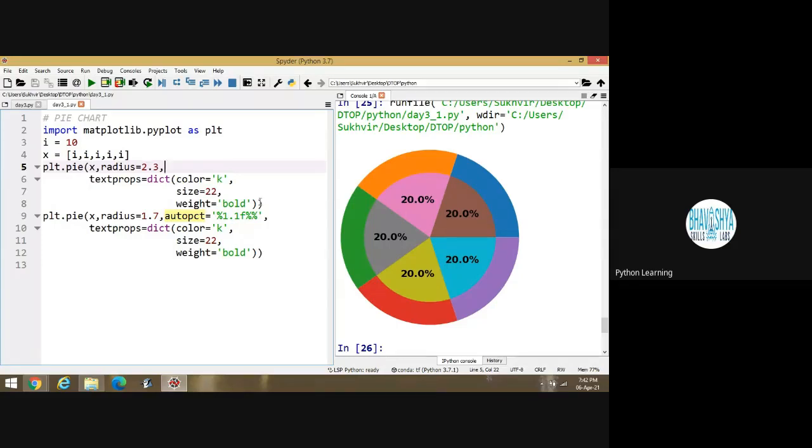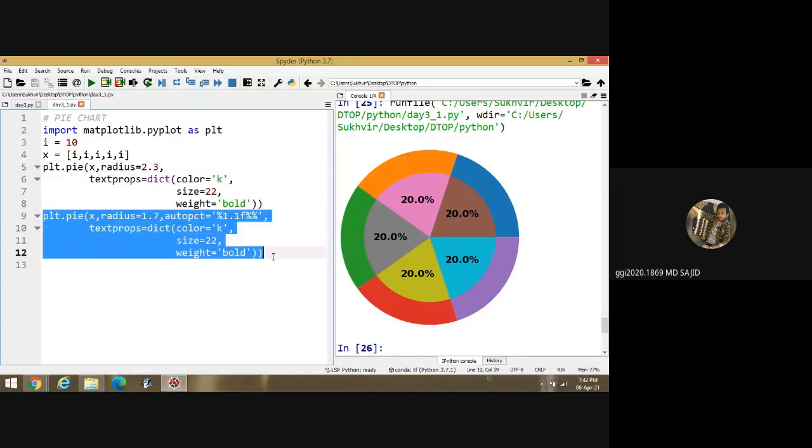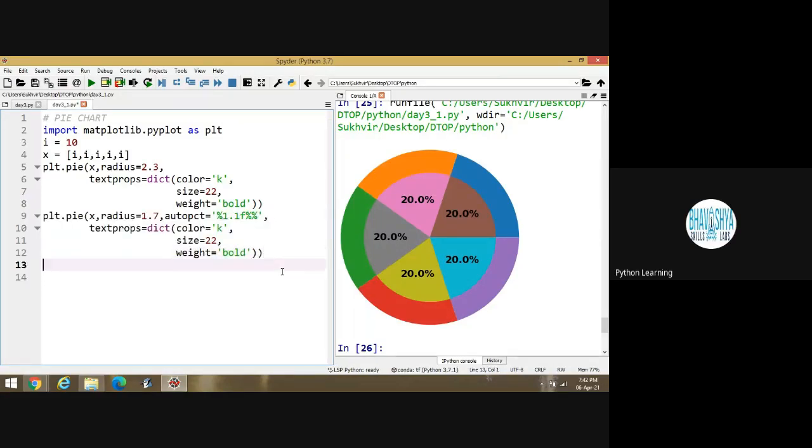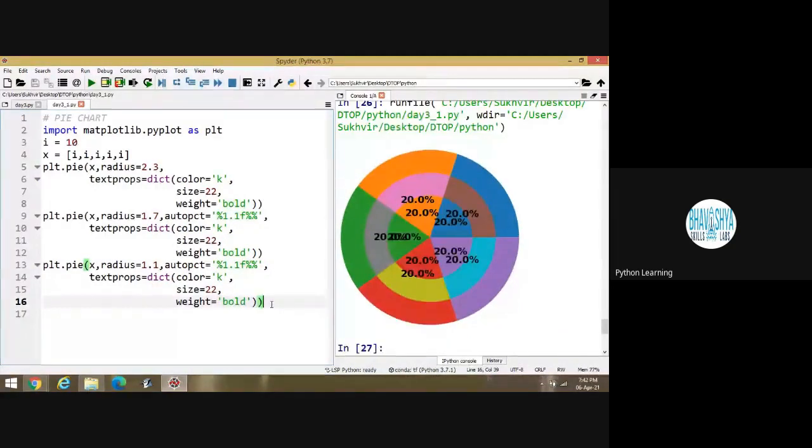Suppose I am executing this content again. For the next pie chart the color changes automatically. Suppose I am executing again the third content. Suppose I am writing here 1.1. Again execute the program. Look at this one.